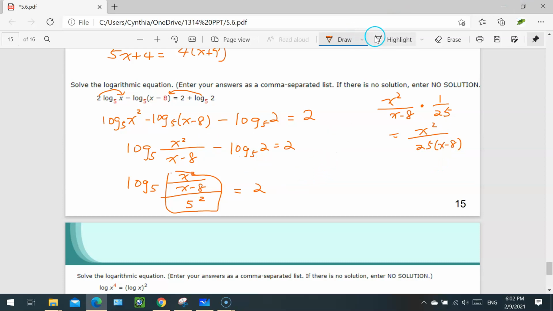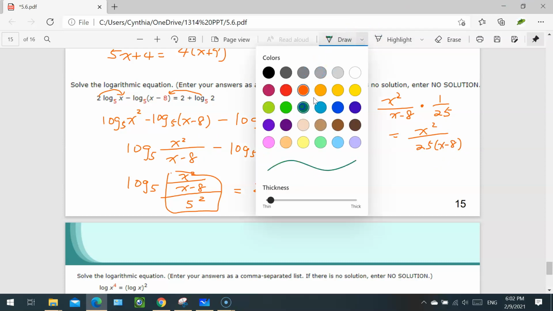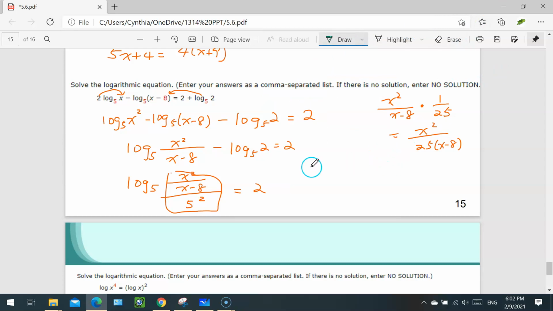So let me use another color. Now we have log base 5 of x squared over 25 times (x minus a) is equal to 2. The next step is to get rid of the log. I'm going to raise up 5 because the base is 5. So this 5